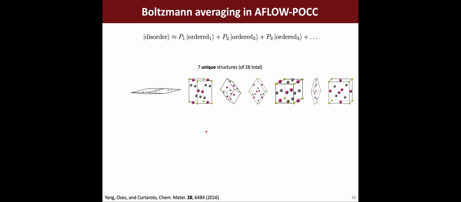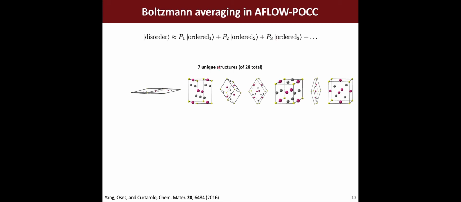Okay, so I discussed how we create these different ordered representatives, but how do we get the averaging? Am I going to model this so that each one of these gets an equivalent P1, P2, P3? Do they get equal probabilities, or is there going to be some weighting? The weighting is going to be associated in this algorithm with a Boltzmann weighting, and I'll talk about how we